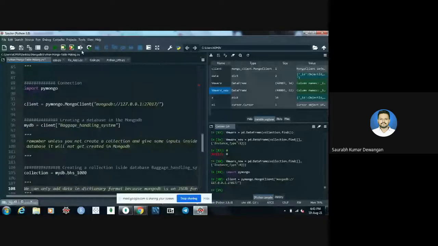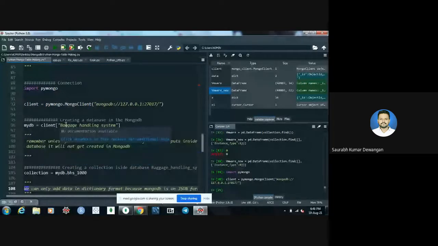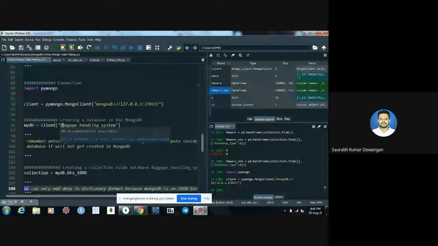Okay. So next we want to create a database named baggage handling system. What we have to do is mention the client, and inside that mention what database we want to create. Any name you can give, right? It's up to us. So I want to create a baggage handling system database.